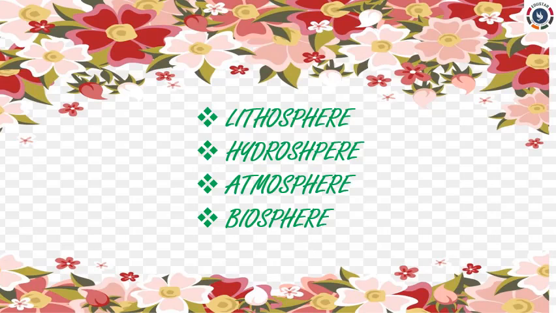Next is about atmosphere. Atmosphere is nothing but air. It is a mixture of gases, for example, nitrogen, oxygen, carbon dioxide, etc. Atmosphere acts as a blanket for earth. And layers of the atmosphere are troposphere, stratosphere, mesosphere, ionosphere and exosphere.